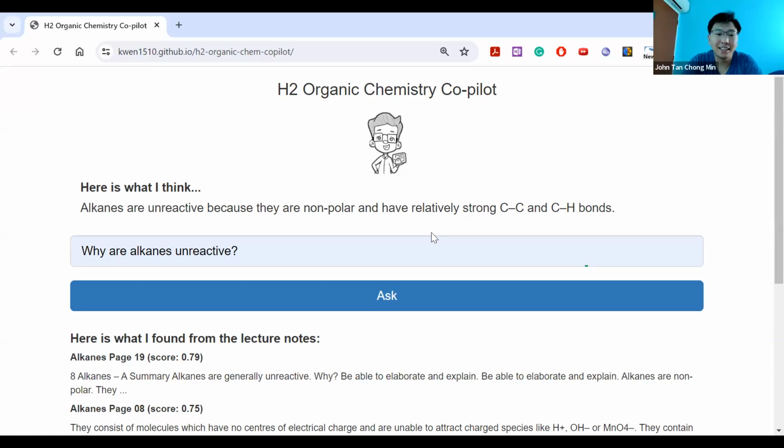I understand. No, I didn't know that the top part was the summary. I thought that was a fixed text. So you are essentially doing retrieval augmented generation for the top part to give the answer for the question below, like why are alkanes unreactive, and then you give a list of sources that it came from, so that the student can look at it in detail. Yep. So that's a very cool thing.